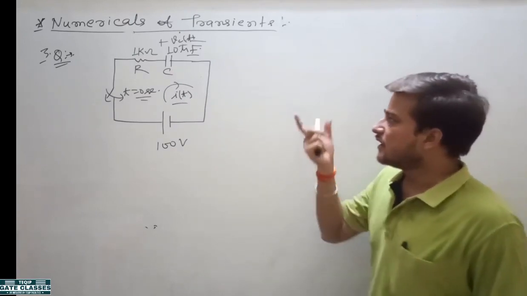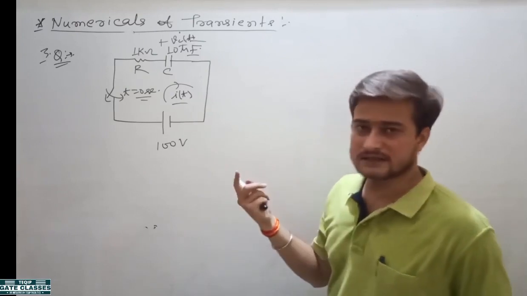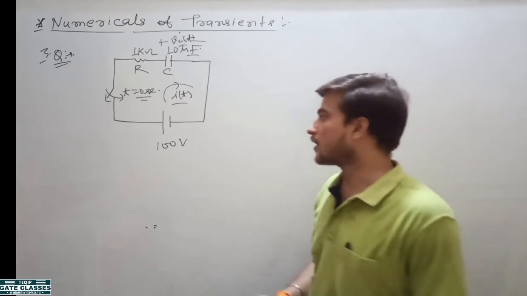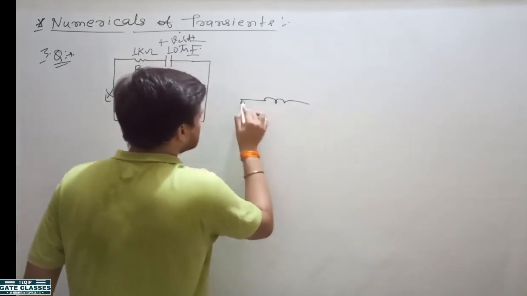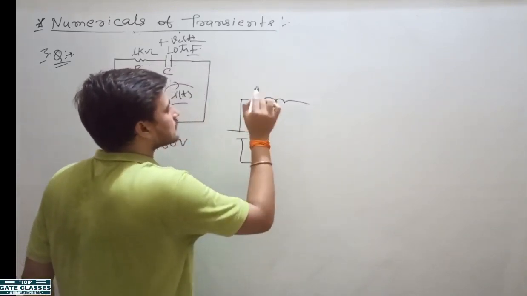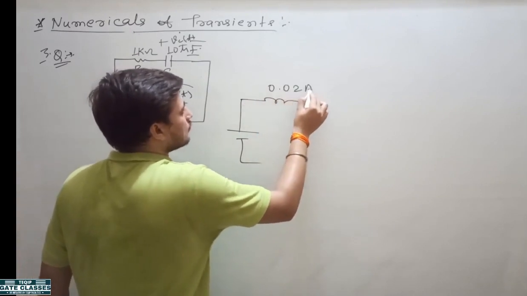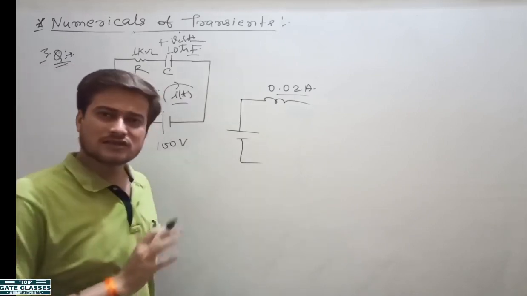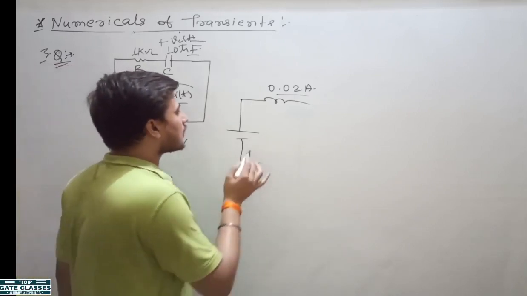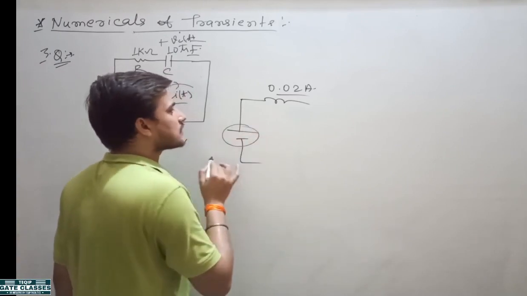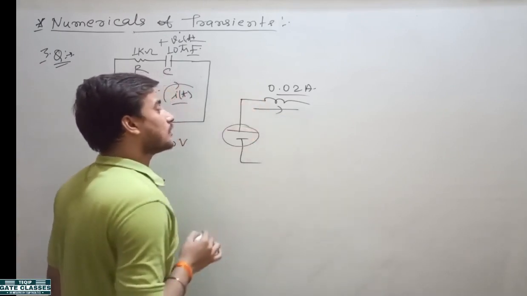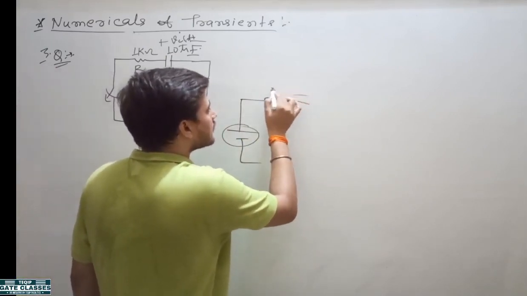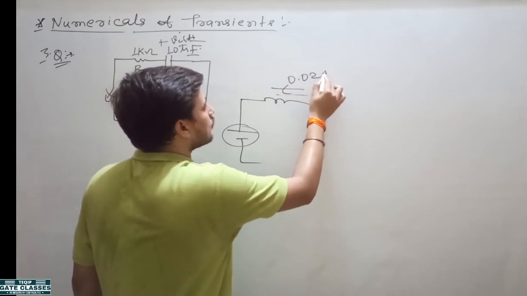Suppose in the circuit they are giving you some initial conditions. That means in the previous circuit they had given some initial conditions of current. This was the circuit. They were saying that there was an initial current of 0.02 ampere. Clear? Now if they have not mentioned the direction of current, then you can assume that if this voltage is connected like this, the current will be like this one. But it may be possible that in the question they have already given you that the direction of current is 0.02 ampere like this one.